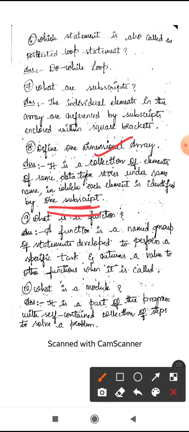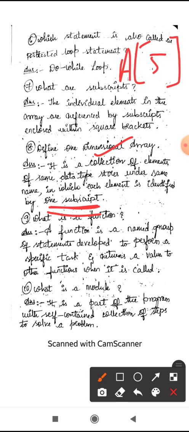So arrays means you all know it is a homogeneous collection of elements, where it will have the same data type and it will have under the same name. For example, if I am having array name as A and it is having 5 elements, so all these 5 elements will have the same data type. It may be an integer data type, or a floating data type, or a character data type, or a double data type.